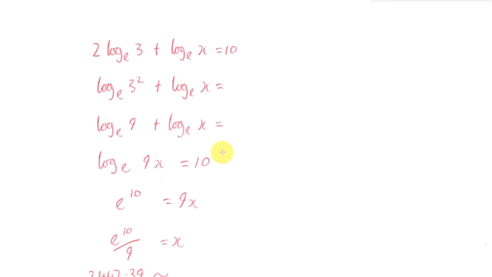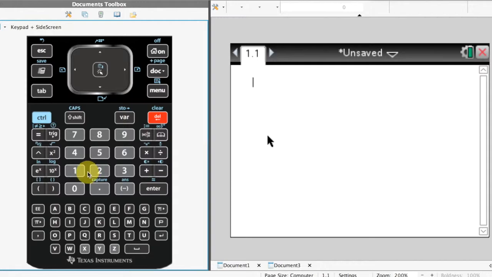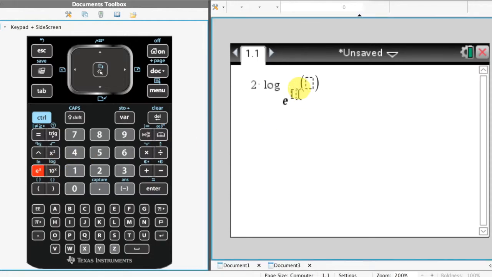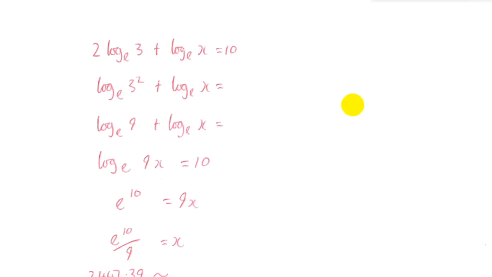So let's just take a look at that on our CAS. I've got 2 times. Now I don't want this log here, I can go control log. And the E I want to bring up is not this E. Okay, it's this E over here. So let's go this E. That's Euler's number. I don't need to put anything in there. So let's put that in. And it is of 3